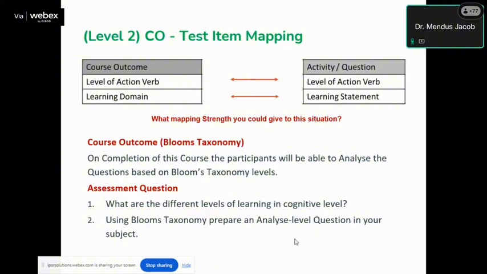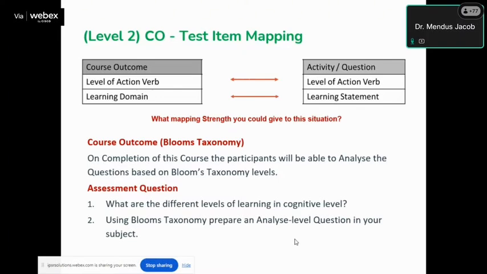You can give, say, 2 in that case because your question is one level less than the CO. Level of CO is 4, level of question is 3. So that your question is one level less than the CO. So you can give 2 in that case. So this is a way we can map